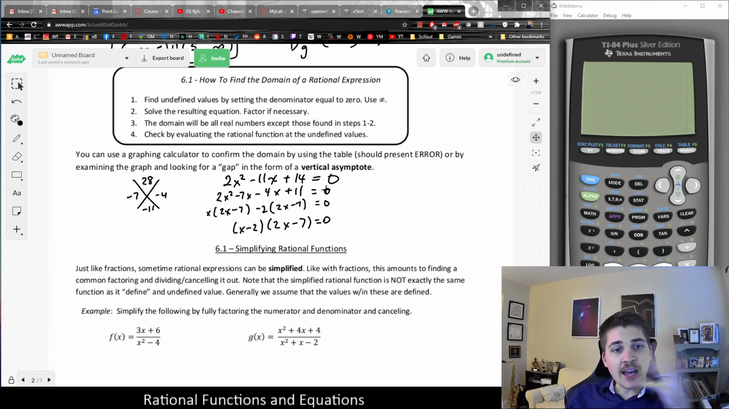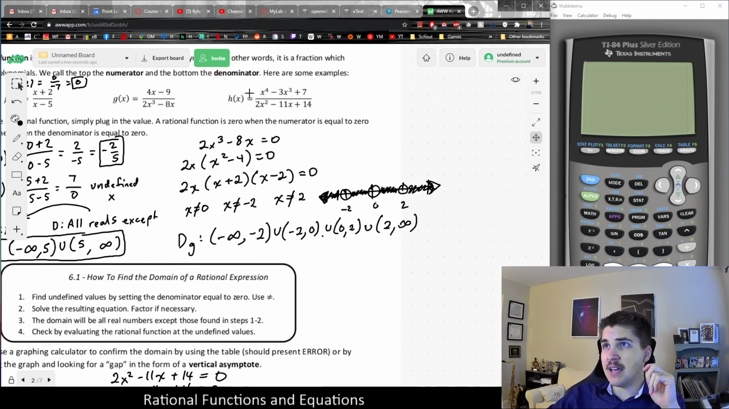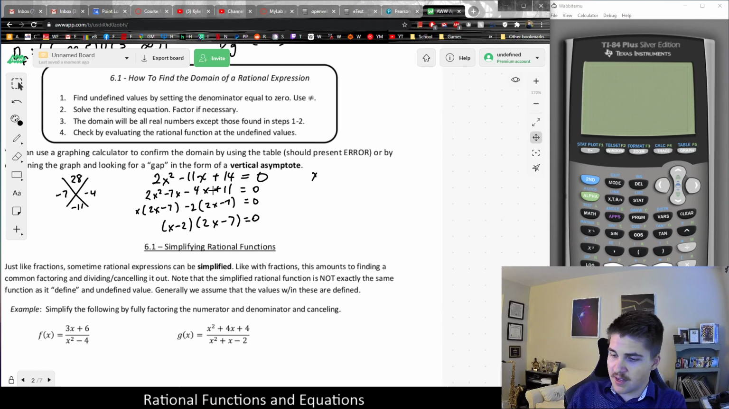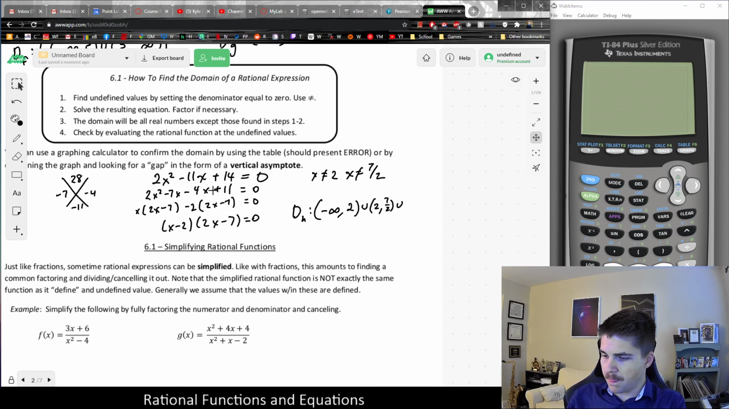And again, the whole point of this is I was trying to figure out the domain of my h function. So I figured out now where the denominator is equal to 0. X is not allowed to be 2, and x is not allowed to be 7/2. And again, my domain of h would be all reals except for those two. So all reals up until 2, and all numbers in between 2 and 7/2, and then all numbers greater than 7/2. And this would give me my